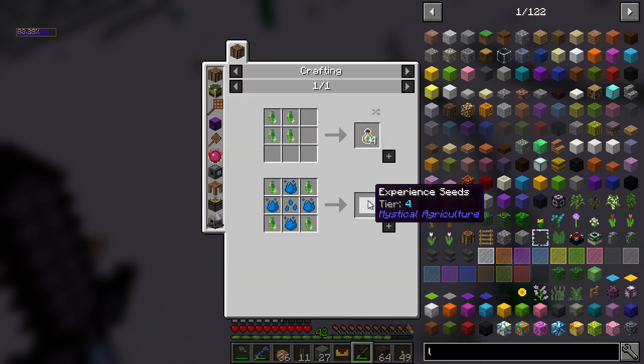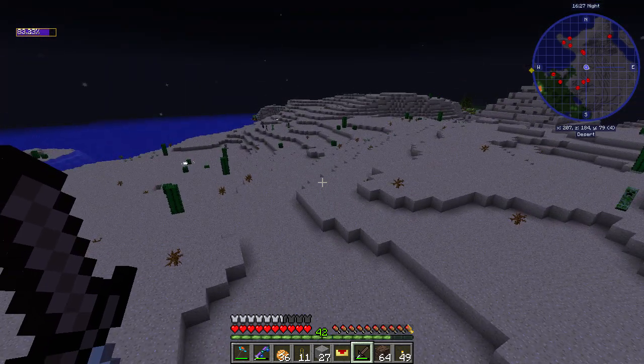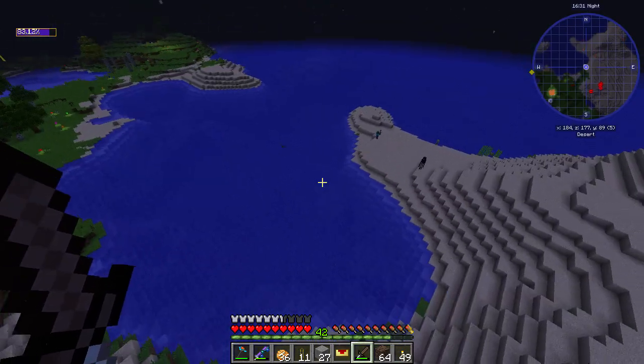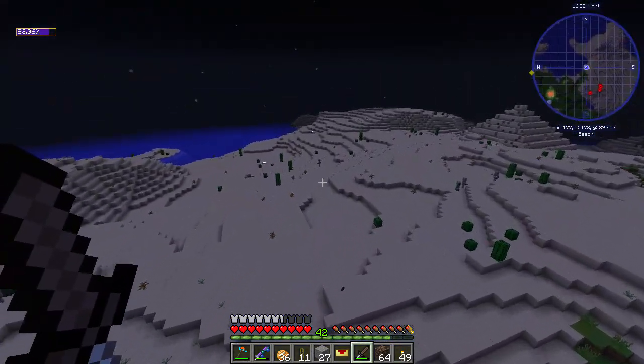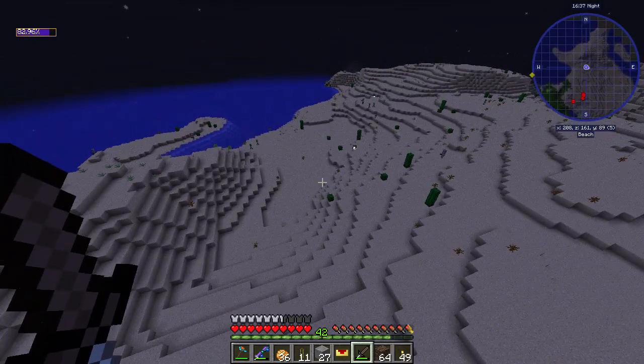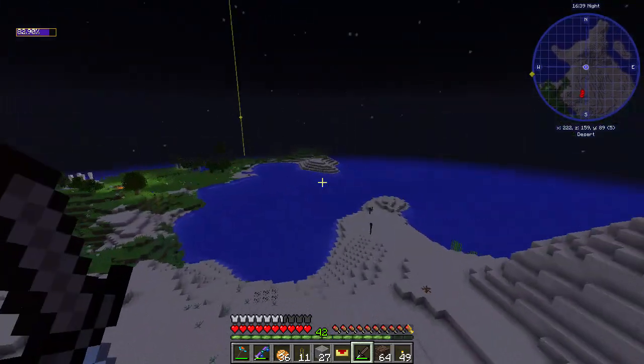So you can get experience seeds, which is pretty nice. So that is pretty useful. I think that should be all right. But I suppose I could hang around and maybe try and get 1 or 2 more. But the desert very much